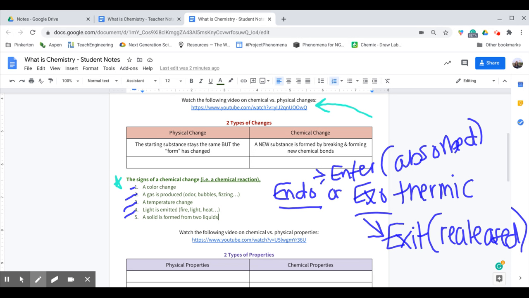Light is emitted. So we're going to do a lab where light being emitted is how you know that there's a reaction happening. So, a fire starts, there's a bright light or a dull light, or there's heat given off, okay? And then let me just erase those so we can read. The last way, a solid is formed from two liquids. Okay, so you have a solid being formed from two liquids. You did not start with solid, but you get some. That is what we call a precipitate.